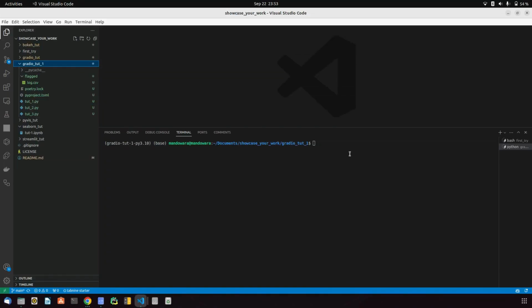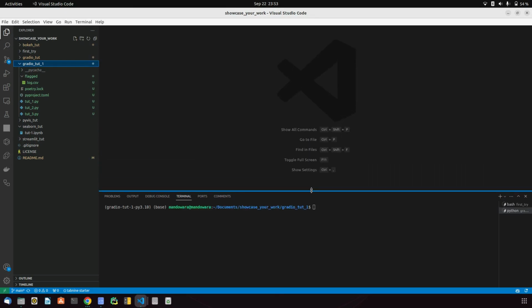Hi guys, so in this tutorial we'll learn about how we can create a chatbot using Gradio. Okay, let's start. So as usual we'll create a tut for